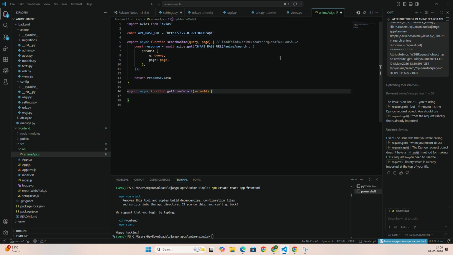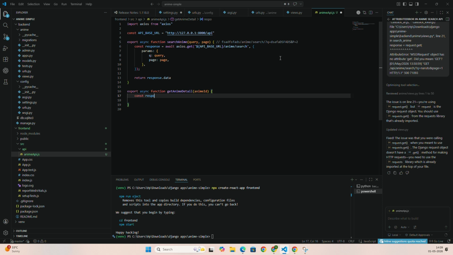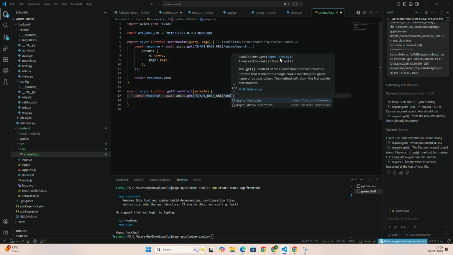And once you have done this, you have to make sure that your response that has to be sent back is going to be basically awaiting axios.get. And we have to send it exactly at API base URL. And we gotta make sure that it goes to /anime, and that's where it is, right? So we need to now put